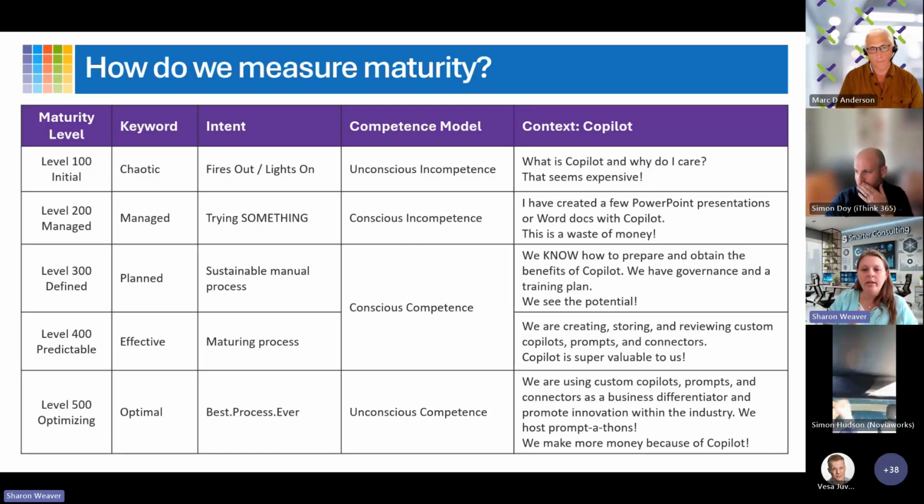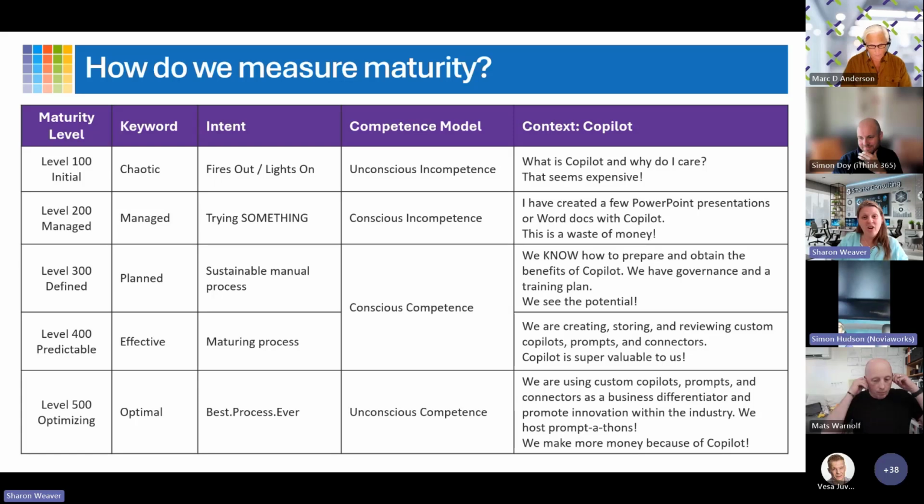I wanted to put this before we get into any of the details. I want to give this overview because I think you have to connect not only what we are doing, but what is the value that we get for it? Because at the end of the day, and I have the microphone, so I can say what I want, but at a level 100 and 200, if somebody starts talking about Copilot, I'm like, I don't think you're ready for this yet. And that's a hard thing to say to people. They're like, wait, what do you mean? I got money. Am I ready? Like, I don't think you're ready.